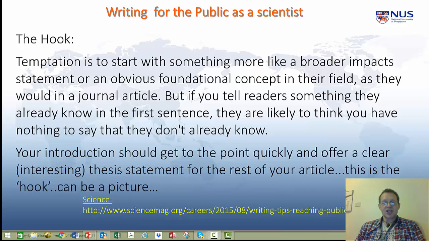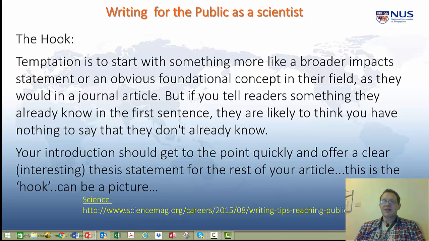I don't want to stray into science journalism here, but there's some very interesting and very useful material in that field. And I think in the first lecture, I quoted either Nature, Science or Guardian science journalism stuff. Some interesting material. As a scientist, you are going to need to do some of this stuff, whether it's outreach or being an advocate for science. So you do need to learn this skill. You may not need to learn it quite now. That's why this is only 5 minutes in a lecture.